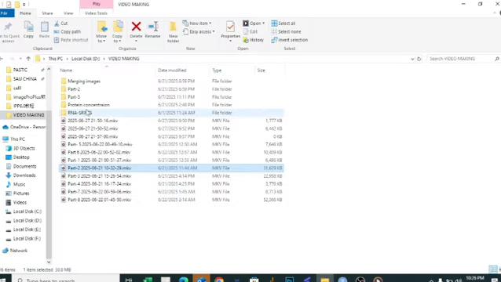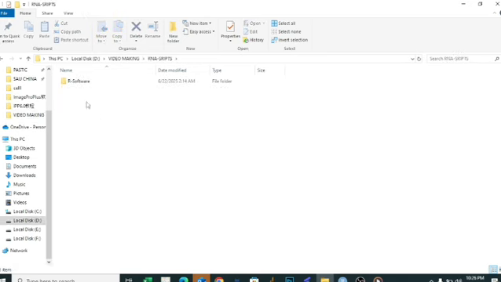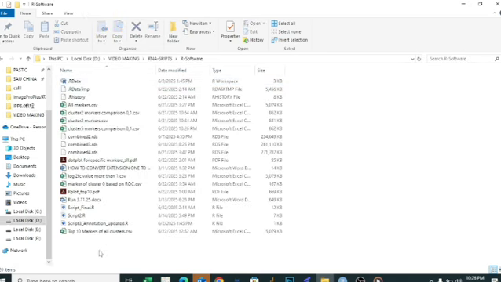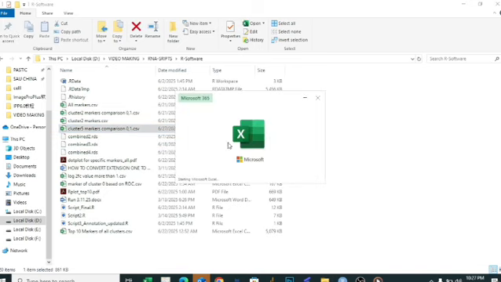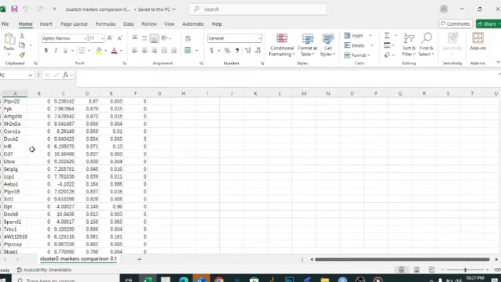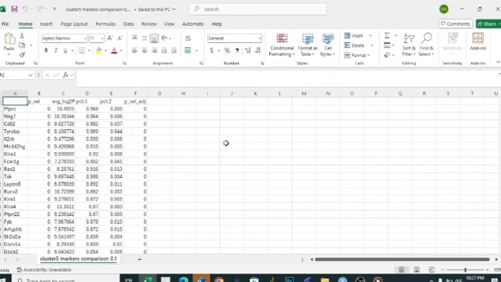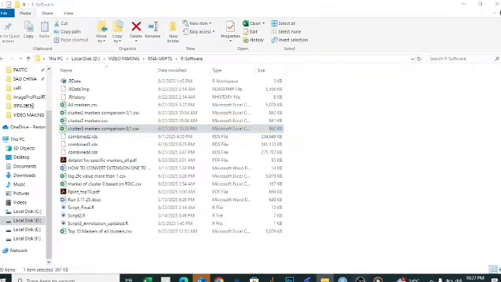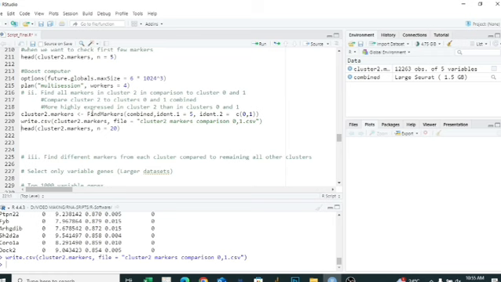Okay, so let's check here, cluster 5 markers comparisons to 0 and 1. This is the file in which the markers present only belong to cluster 5 in comparison to 0. These are the markers only present in cluster number 5 in comparison to clusters 0 and 1. So after that,